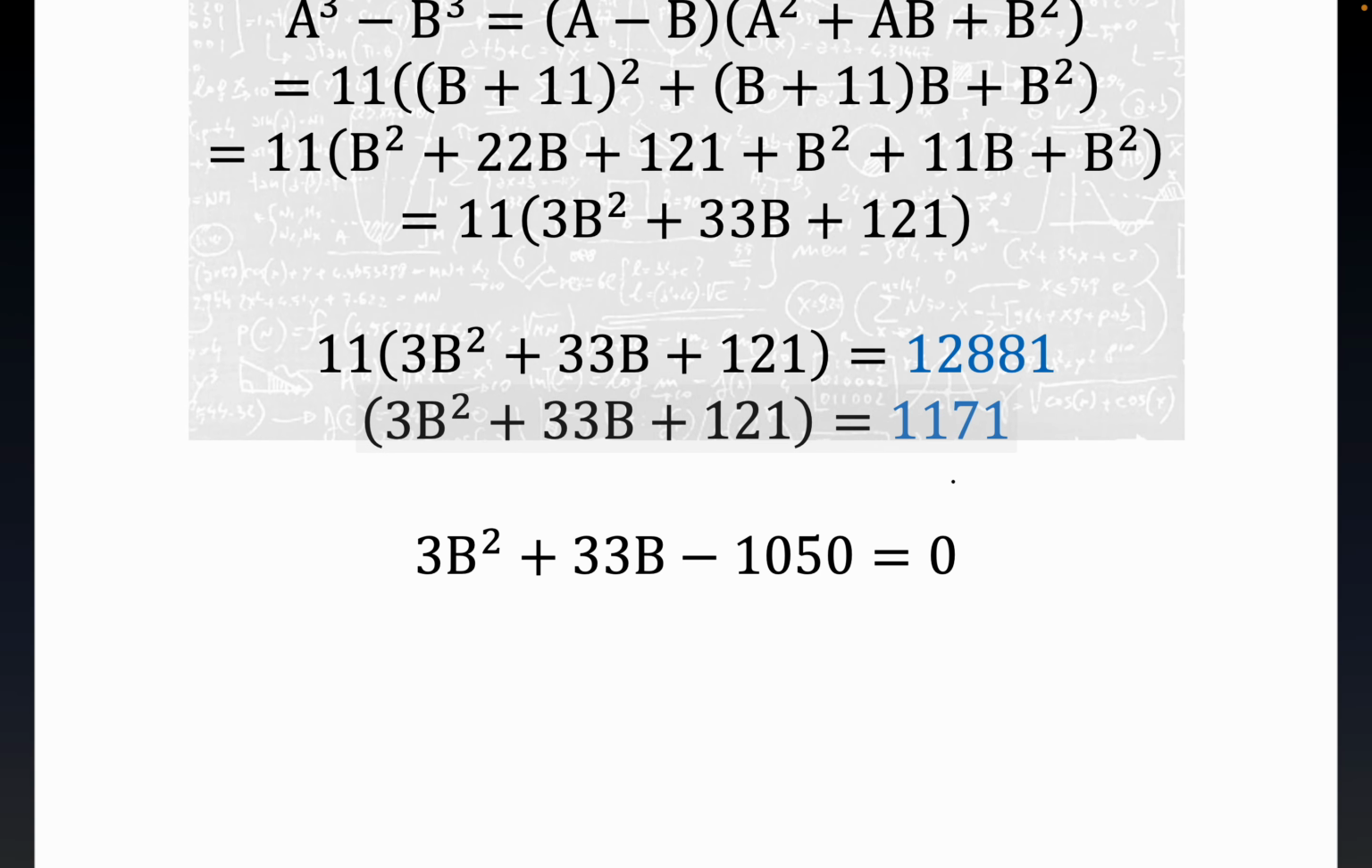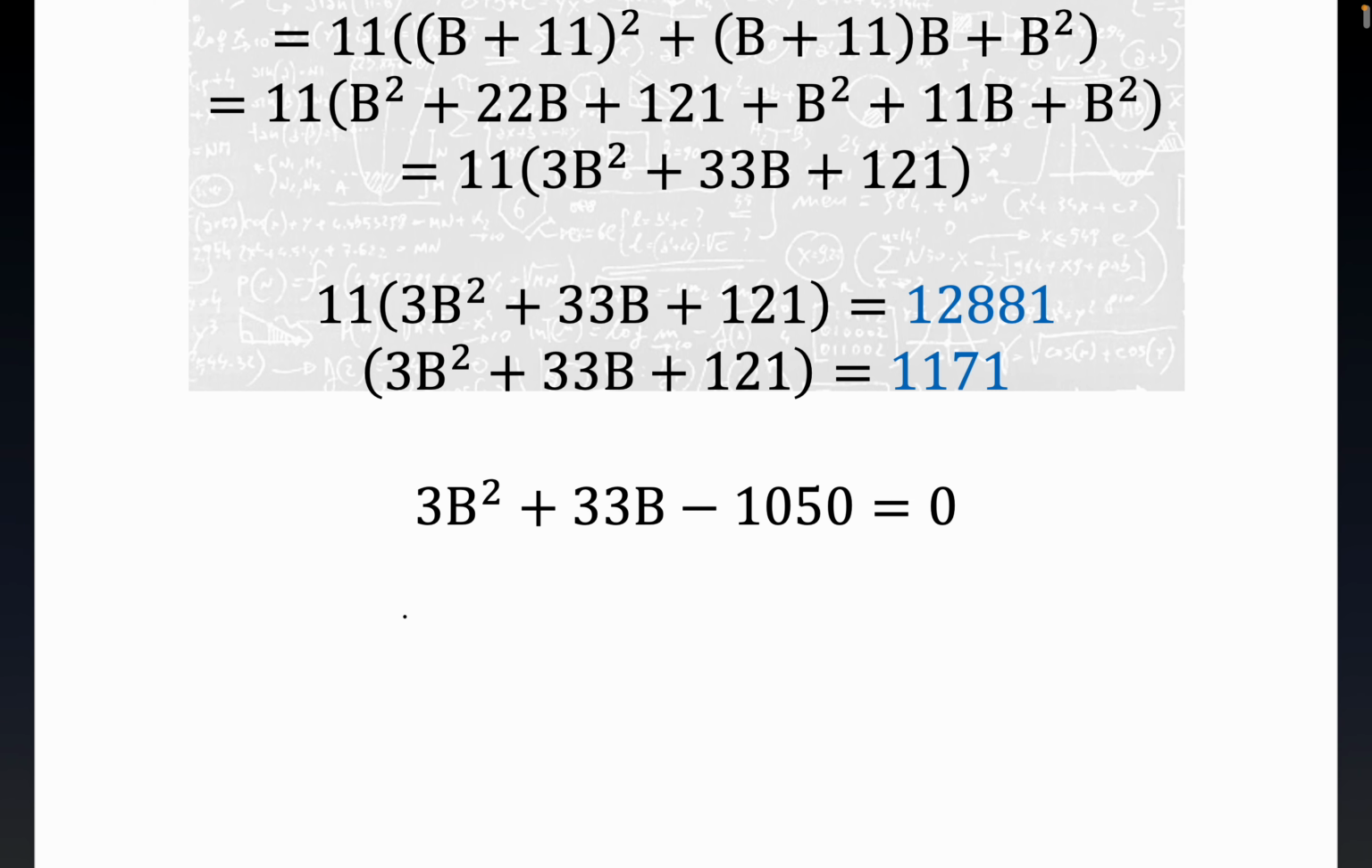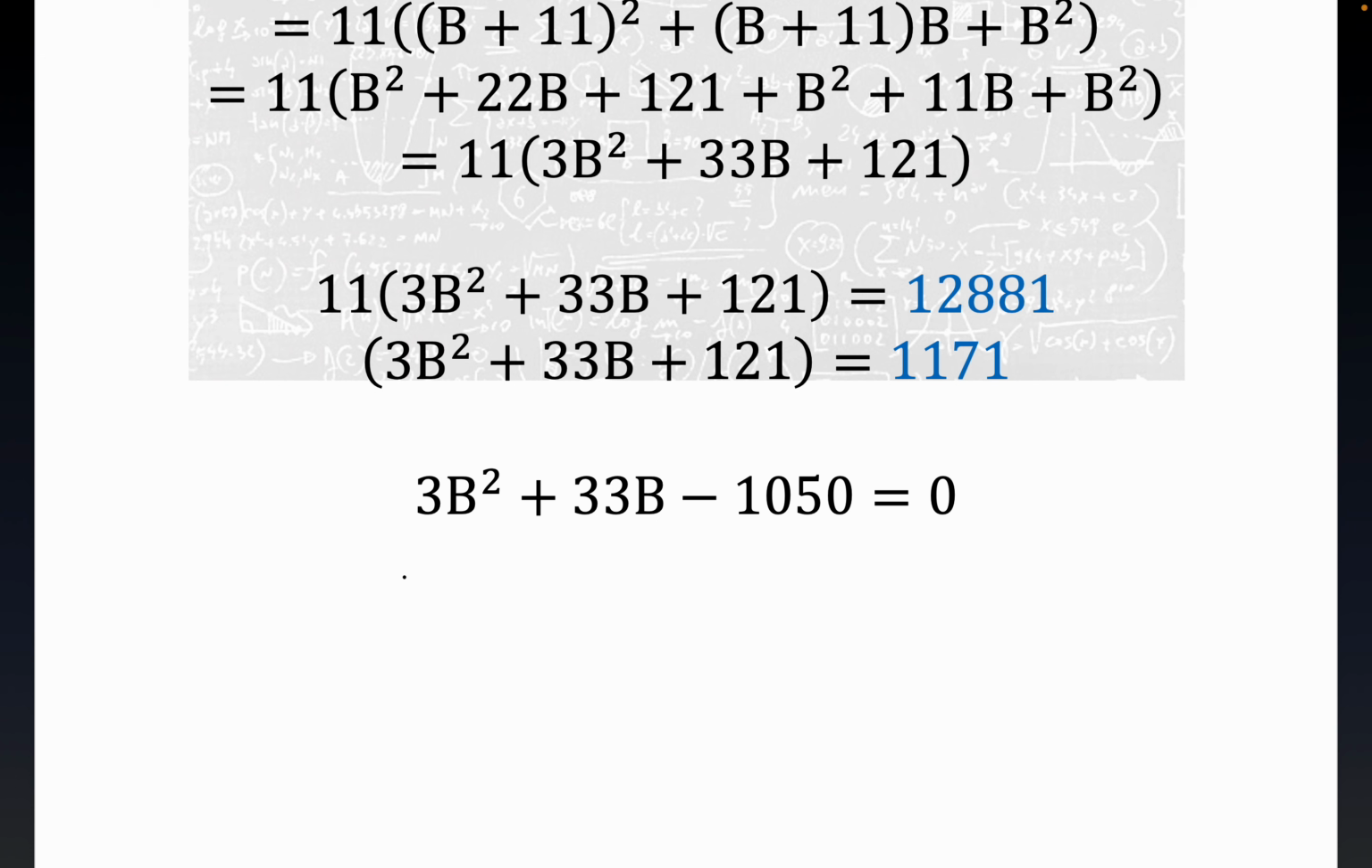So now, another thing to notice right here is, what do we have here? We factored the 3 out. We subtracted 1171 from 121 to get this constant, minus 1050. But notice 1050 is divisible by 3 because the sum of the digits, 5 plus 1, is divisible by 3, right? So that means we can, with impunity, factor a 3 out of this. Okay, so we'll have 3 times b squared